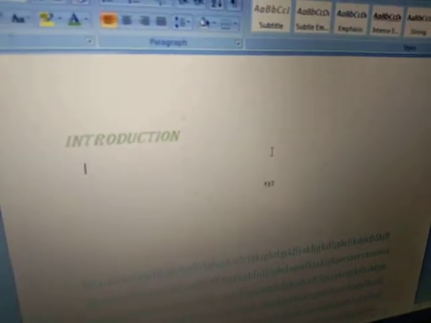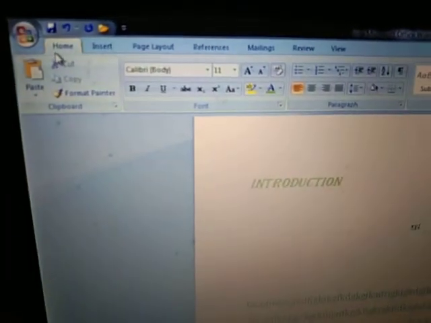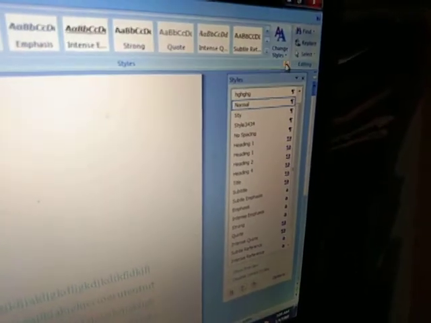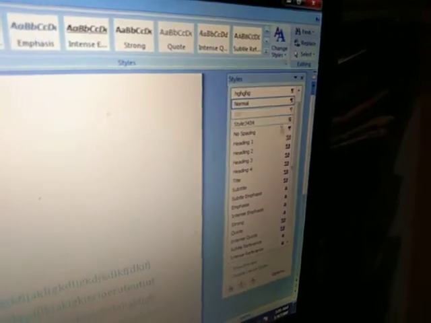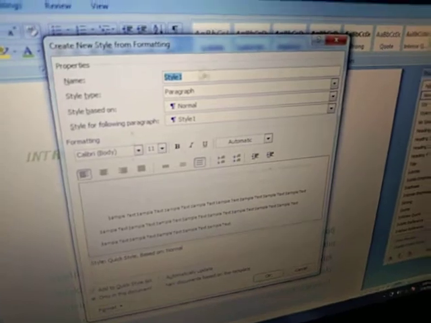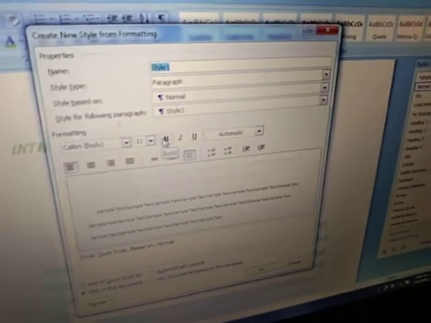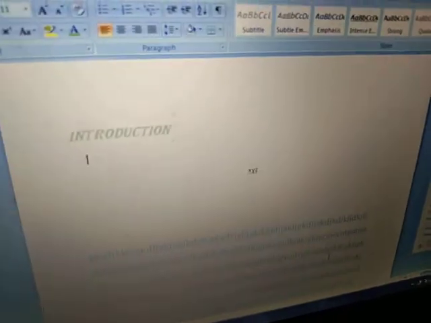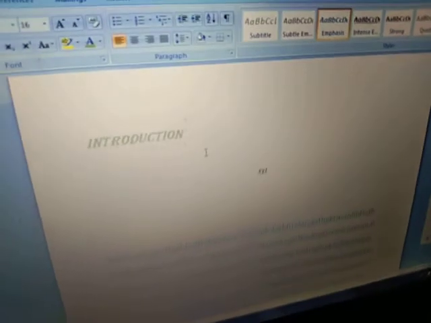Now you will tell how we can do. For this, click on the home tab. Which group? Styles group. Where is it? On the launcher button. When you are clicking on this launcher button, one window will appear, and in this list, the first option is there. Here is new style. Click here, and here you will see one window will appear. From here you can do whatever changes you want in your style, you will place here and then click OK. Are you getting how we can create our own style? By this method. Okay, next topic.